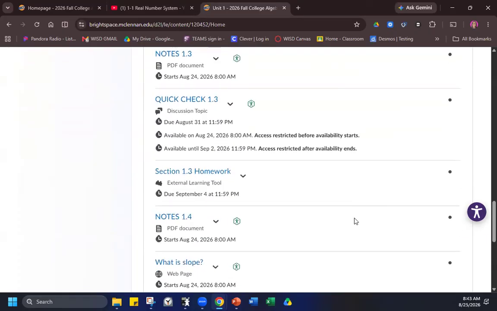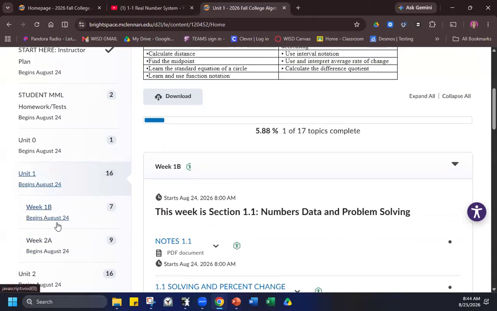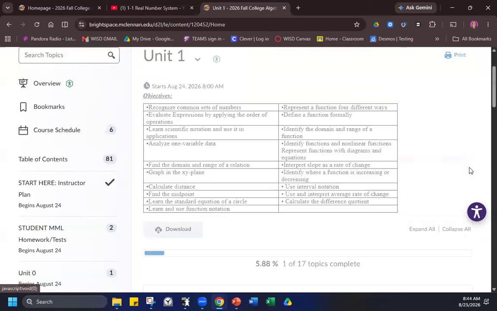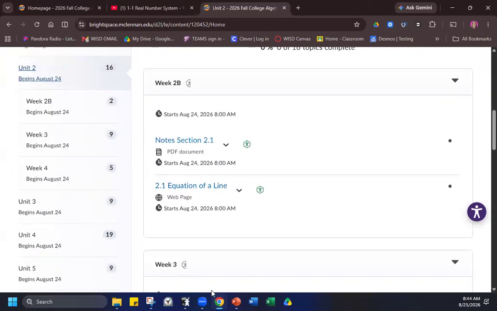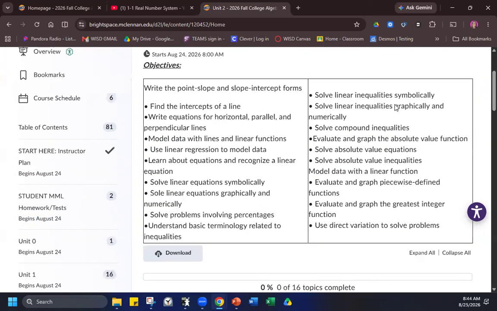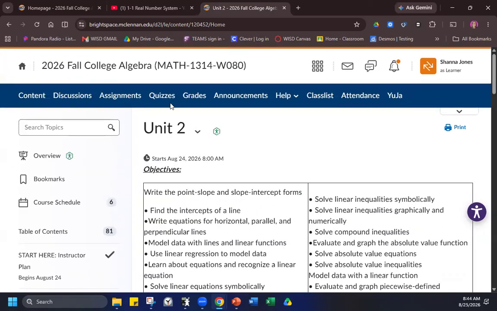Okay. And that will be our unit 1. And then after unit 1, we'll move on to unit 2. And then in unit 2, I'll do the same thing. I'll build it out and all the stuff will be put in there. Okay. So I'll put in your discussion. I'll put in your quizzes. I'll put in the homework but your homework you can access anytime. All of your homework is unlocked already. So if you're an overachiever and you're bored and you want to, I'm just going to do all my homework, go for it. I won't stop you. The only thing that is not are your discussions.